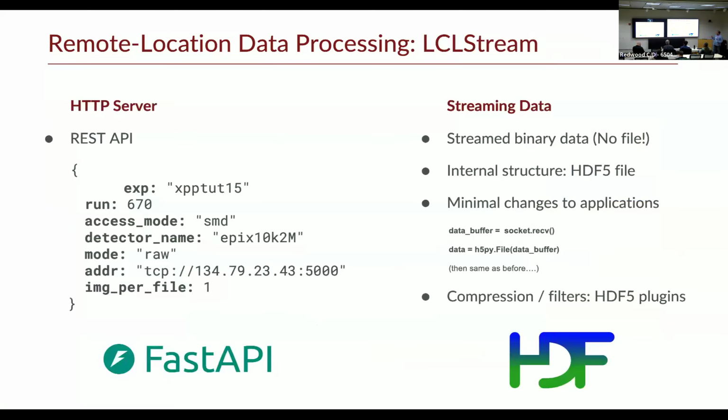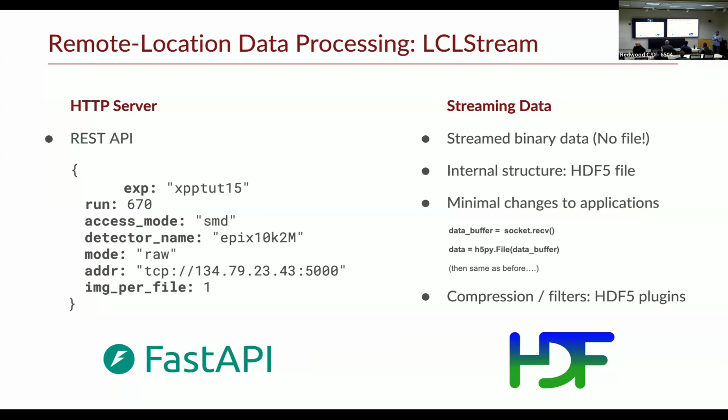What did we send and how did we trigger this? So David Rogers from Oak Ridge created a REST API, which was running with a simple FastAPI server, which would get a simple JSON message like this, saying basically, this is the experiment that I want, this is the kind of detector that I want, and I would like to have it streamed at this address. And what we were sending was a blob of binary data with the internal structure of an HDF5 file. So we will not write the file to disk at all. We'll create it as a binary blob in memory and then send it.